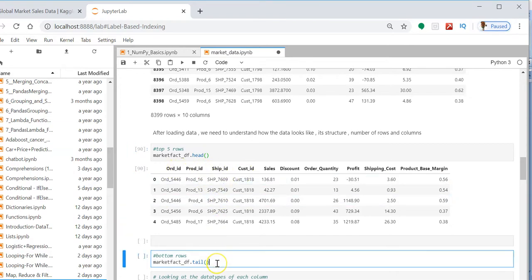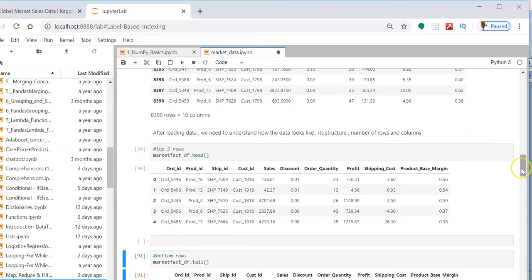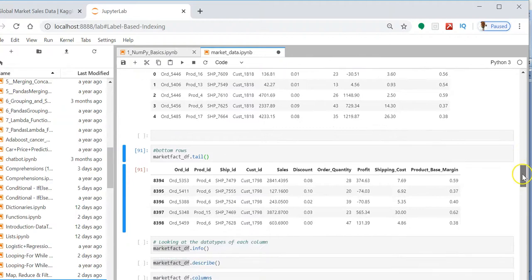If you want to see the last rows, you have to use the tail function. The functions in Python are quite intuitive and easy to understand.